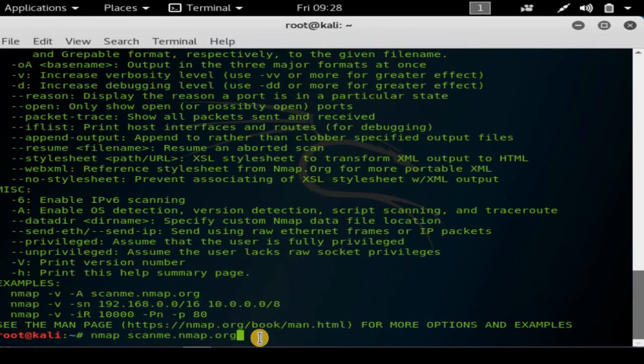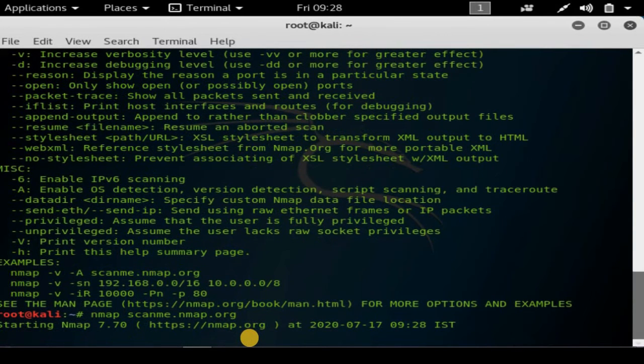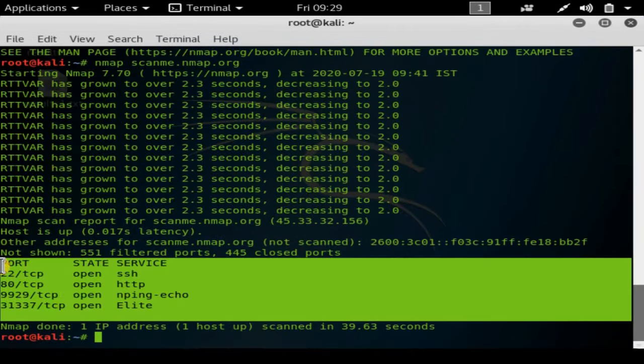By default, Nmap scans all the ports ranging between 0 and 65535, but we have options to change it. The scanning process usually takes a little time regardless of the network connection or speed because it will be scanning all the available ports in a site. Also, I would like to recommend that if you want to scan any other sites other than this example, permission is required to perform port scanning for any other sites.